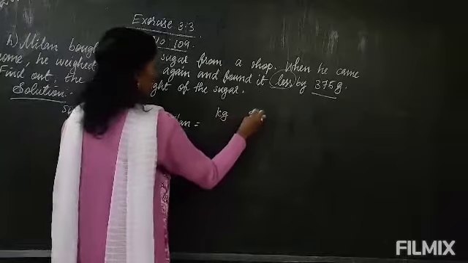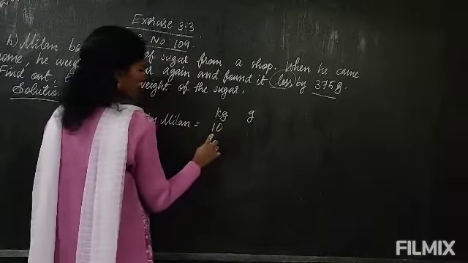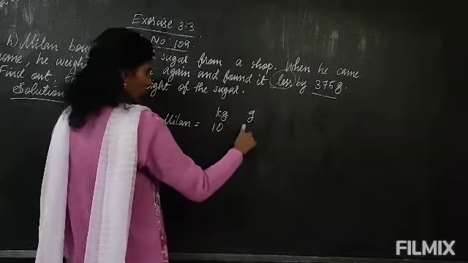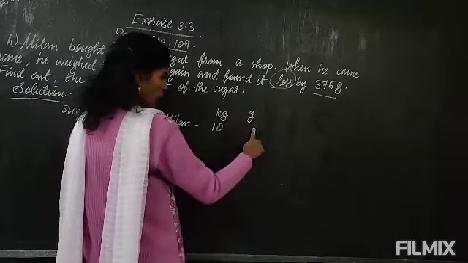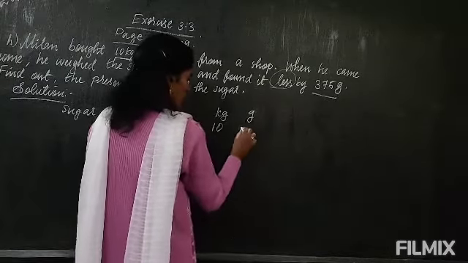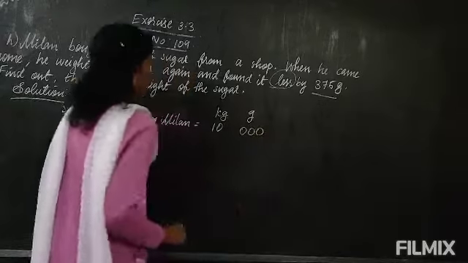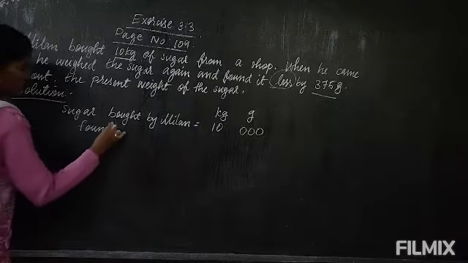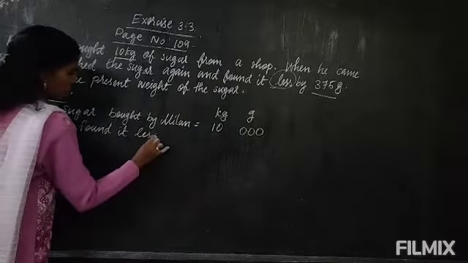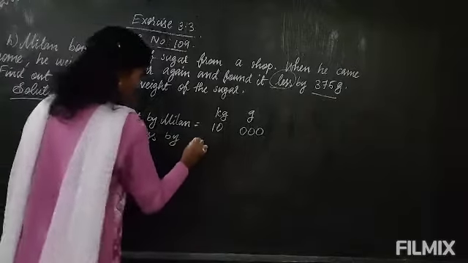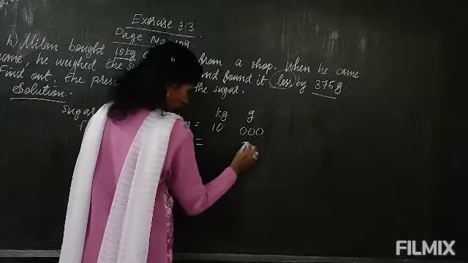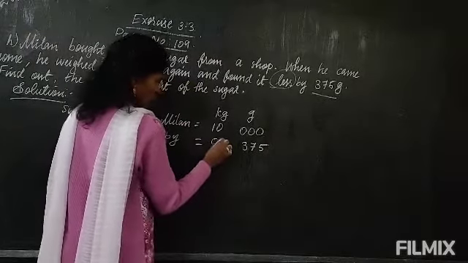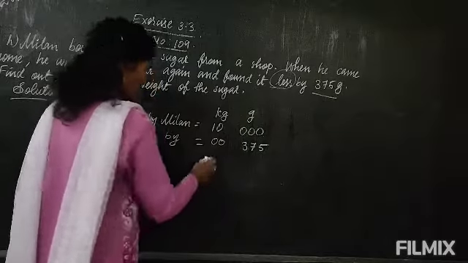We have to arrange in kilogram and gram. So he bought 10 kg and there is no gram, so in the gram place you have to put 0. Already I told you, in kilogram and gram combination, there should be 3 digits in the gram place, so you will put 3 zeros. Okay, now found it less by. How much less did he find when he weighed? That is 375 grams. So this is in gram, so only in the gram place you will arrange it, and in the kilogram place you put 0. Here you can put 1 zero, otherwise 2 zeros, there is no problem.